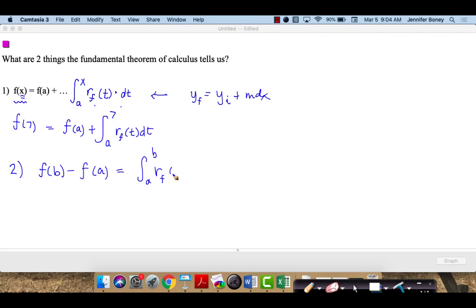Well, the rate of change of f, and I'm squishing things together because I'm talking and writing at the same time, but let me just fix this a little bit. R sub f of t times dt. So same sort of expression in the integrand, and all this is our m dx expression, but this is adding up all the changes between point a and point b, and so that tells us net change on the interval a through b,